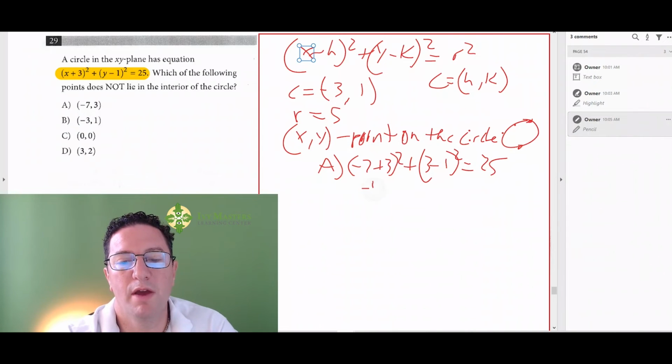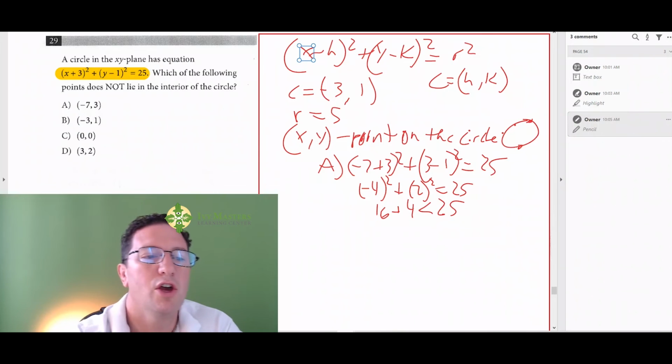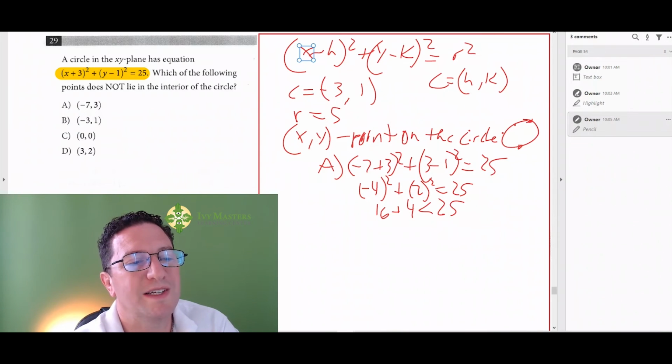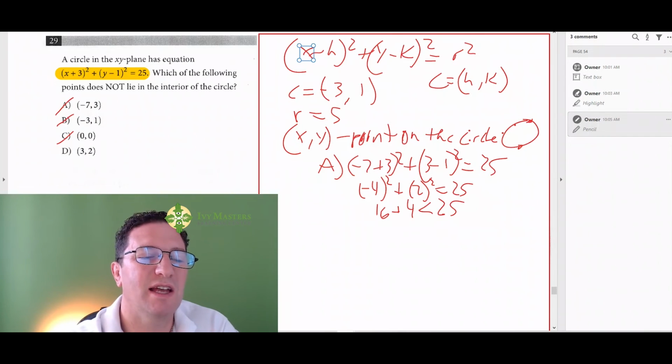And when you do the math in here, you get (−4) quantity squared plus 2 squared. −4 squared is 16, and 2 squared is 4. And notice that is less than 25. So if you plug in the coordinates for answer choice A and B and C, they will all be less than that 25. You know that it's outside the circle when you plug in answer choice D, and what you wind up with